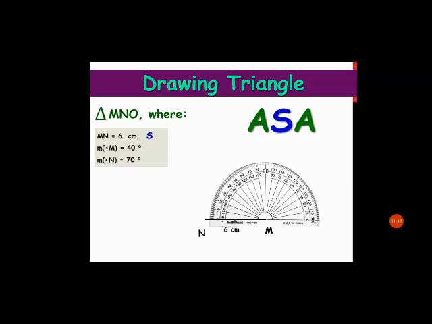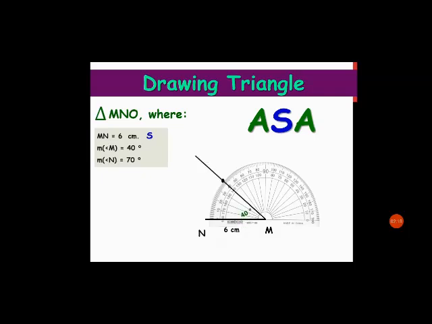Starting the 40 from the 0, which 0 will we start from? The 0 on the right or the 0 on the left? We will search for the 0 that is lying on the line. So we will look at the 0 here from the left because this is the 0 that lies on this line NM. Or another way to think about it is that 40 is an acute angle, and if you draw the 40 to the right, the angle will be obtuse, and of course 40 is not obtuse. So we will choose the acute angle 40